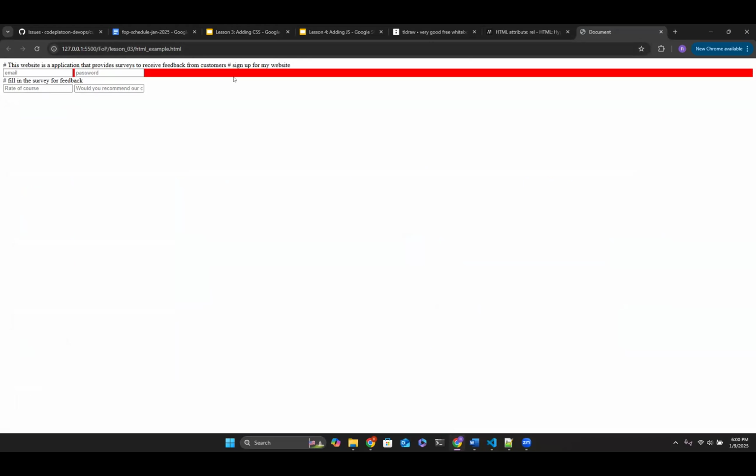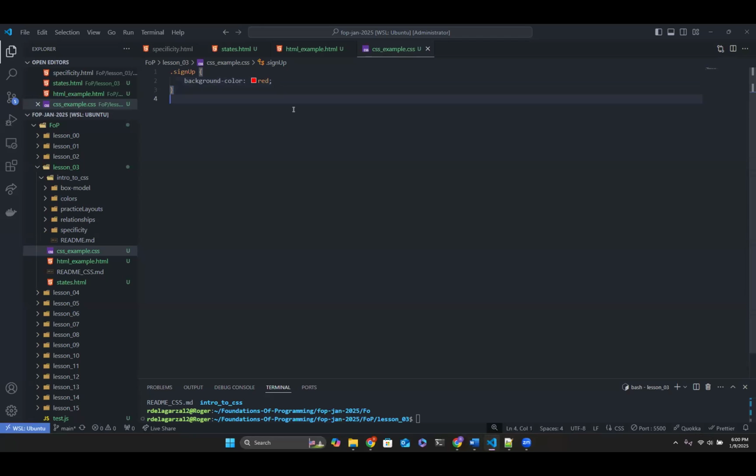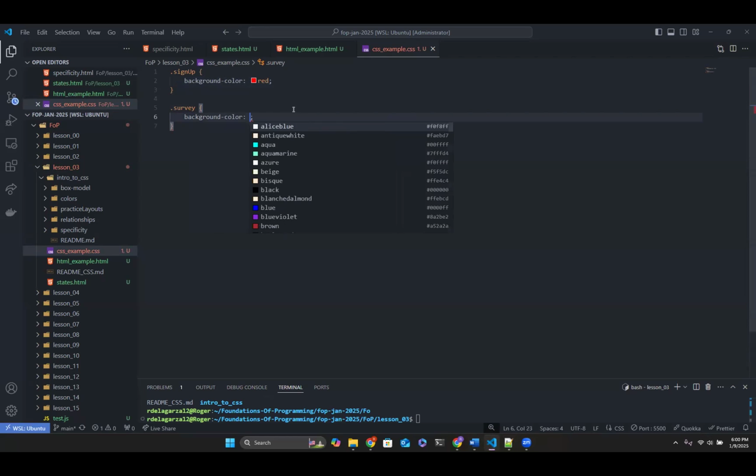And we now see that it specifically only formatted this form here because this is the only thing that has the class of sign up. And then we can do the same thing for the survey. If I only want to grab the survey form, I would say dot survey, and we would say background color blue.